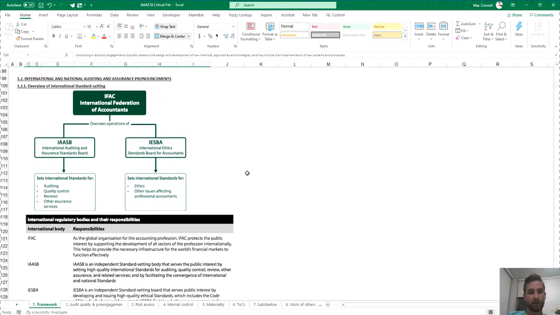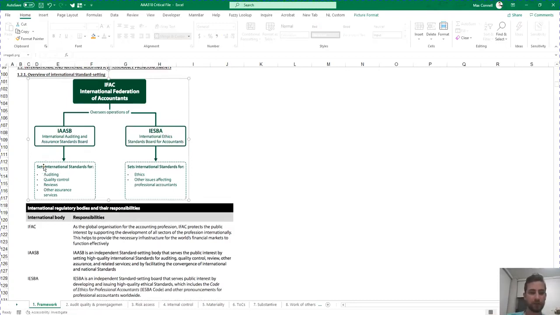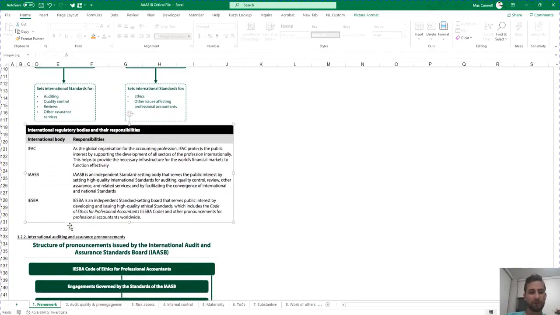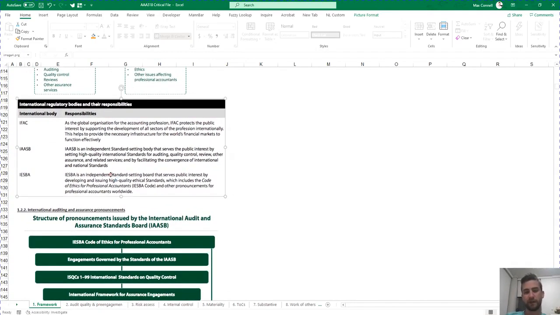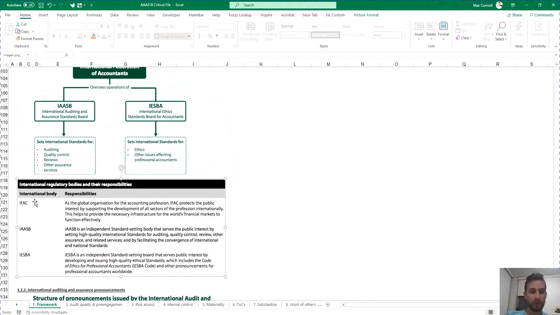Okay, so let's talk about the framework of who actually oversees international auditing standard setting, because this is a global framework. Similar to IFRS, which is overseen by a board, and then you've got local adjustments to standards. In the audit module, you're not often tested on these, but it's good to understand for your own personal knowledge. There are three key entities which oversee the audit